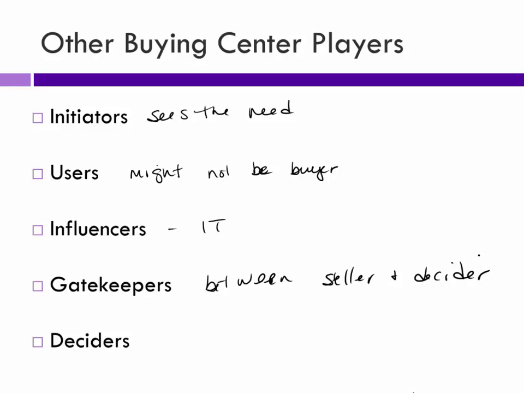If you've ever been in the doctor's office, I swear every time I'm at the doctor's office, you see the pharmaceutical sales rep. And so they want to get to the doctor because the doctor's the decision maker. But the front desk people are really the gatekeepers, right? And they're the ones that determine if that person gets any time with the doctor or not. So the decider then obviously is the one who actually makes the decision. But all these other people are involved with the process in the meantime.